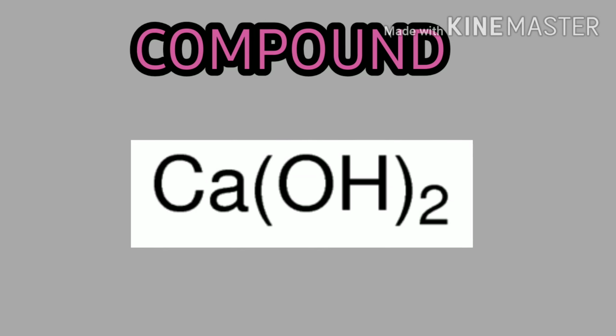And one more thing you should remember: a molecular formula also indicates the number of units of the radicals present in a compound, with the proper subscript outside the unit of the radical. For example, calcium hydroxide. The formula of calcium hydroxide is Ca(OH)2. That means it consists of 1 atom of calcium and 2 hydroxide radicals. Hydroxide means oxygen and hydrogen. So the 2 is written outside of the hydroxide group, as the subscript of the hydroxide.